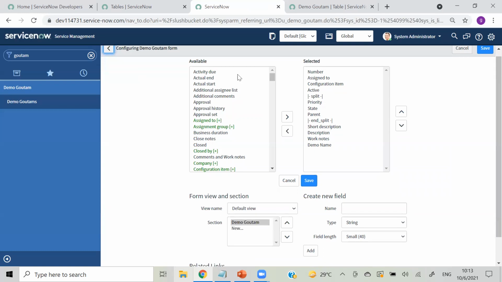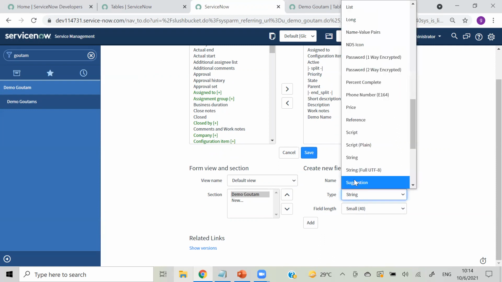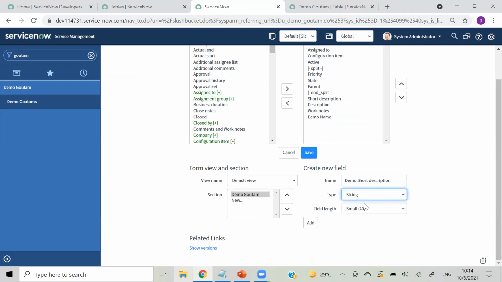And in form layout, I told you that we can move from left to right, all those things are also possible. And if you want to create any new field, I am giving, like, demo short description. Okay, and I want that as a string, and I want it to be of maximum length 100. So I am adding that.